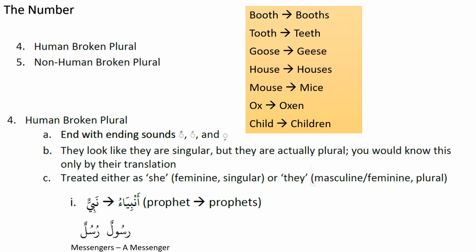For non-human broken plural, if we go to the next, this is another example. Alim means scholar, and ulama means scholars. That's also a broken plural. See, you already learned 3 broken plurals here. There are many in the Quran, and as we go through the meanings, you'll see that. So alim does not make alimuna or alimina. Alimun is ulama. Alim means one scholar, ulama means many scholars. So this is also a human broken plural.